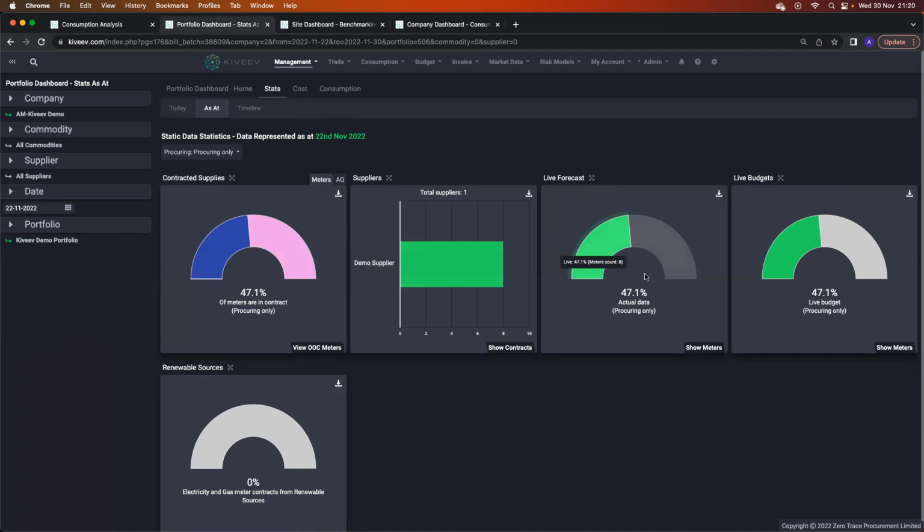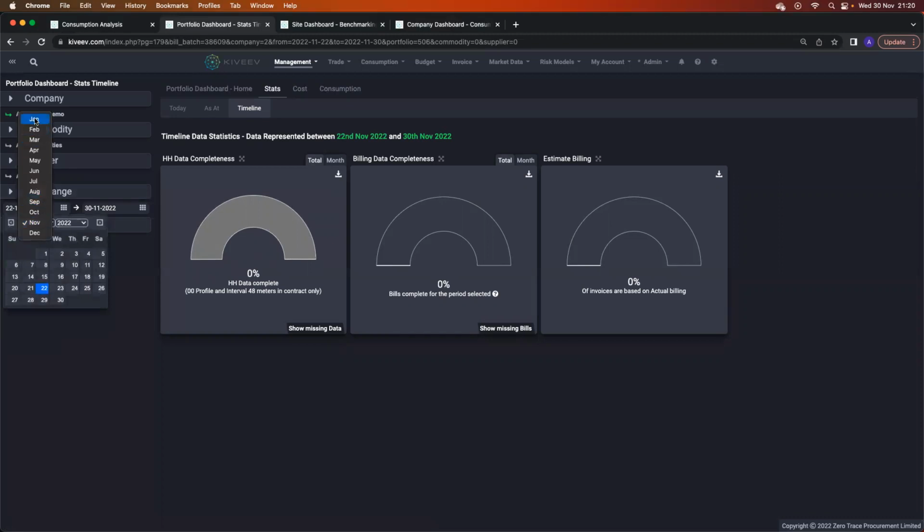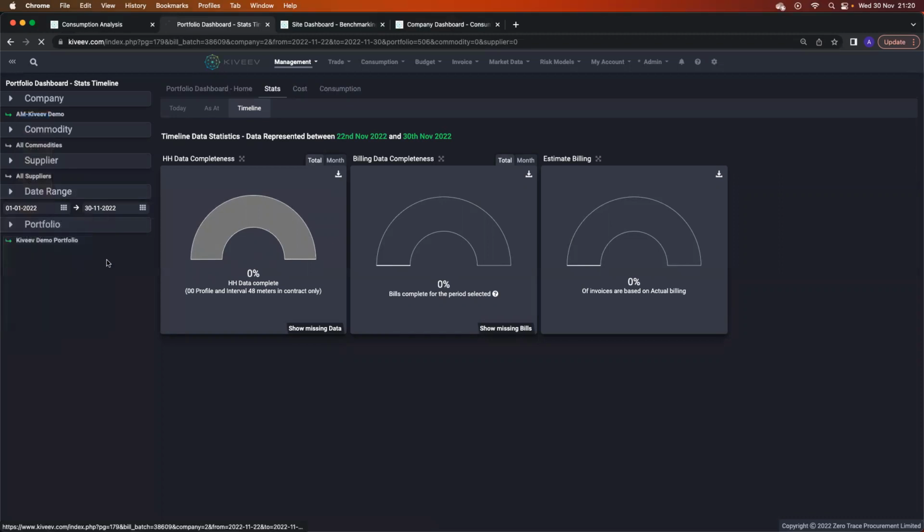How many of these meters have consumption forecasts that are live, and how many of them have live budgets? And then how many of the meters have contracts from renewable sources? And then finally, there's one here on timeline. So again, these metrics will go between a set date range. So if we said for the year of 2022,